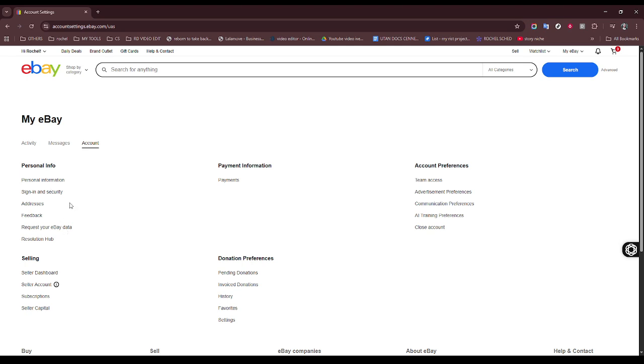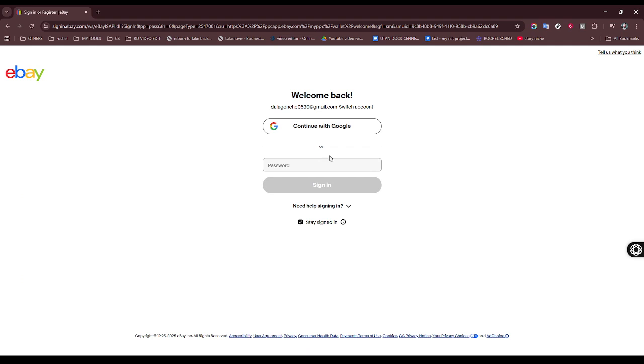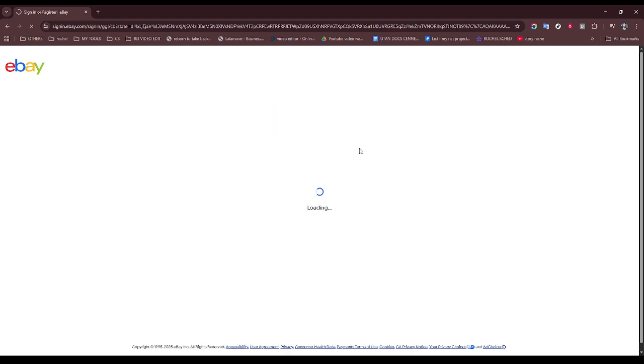Now that you're in the Payments section, we need to select Payoneer as your payment method. Look for an option to connect a payment service. This is usually straightforward but might be slightly different based on your region or recent updates to the eBay interface. Upon finding it, there should be a list of available payment providers. Here you'll select Payoneer. Once selected, you're prompted to link your Payoneer account, and this is where you'll be redirected